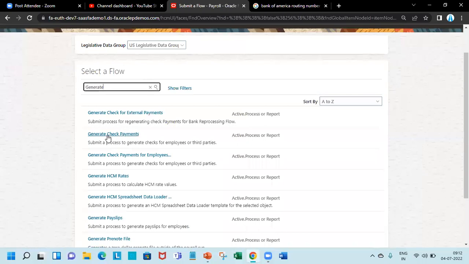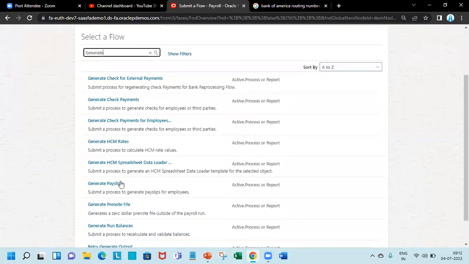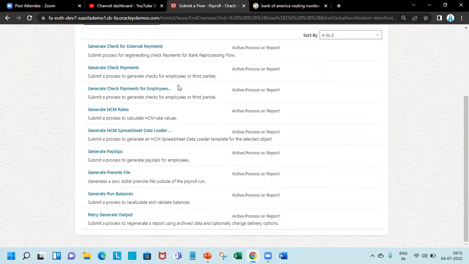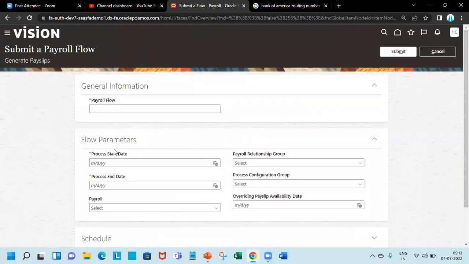So here you have the generate check payments and generate the payslips. Okay, generate for external payments, run balances and all that. So let's run the